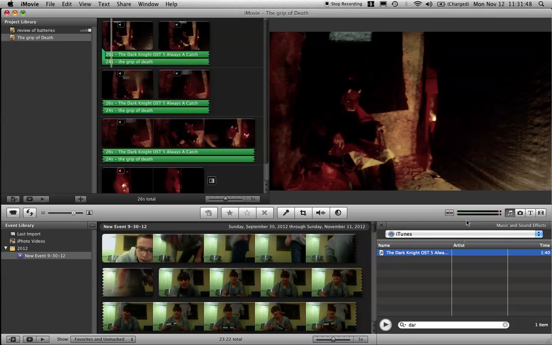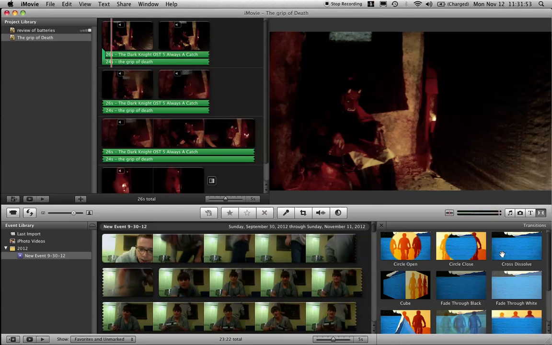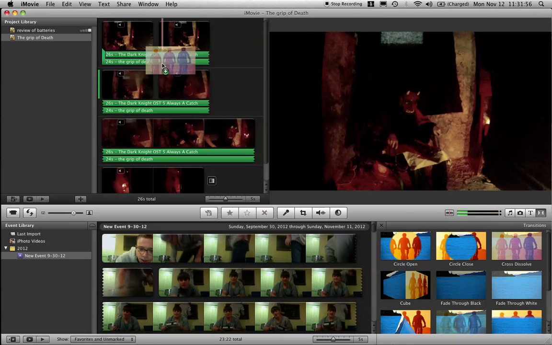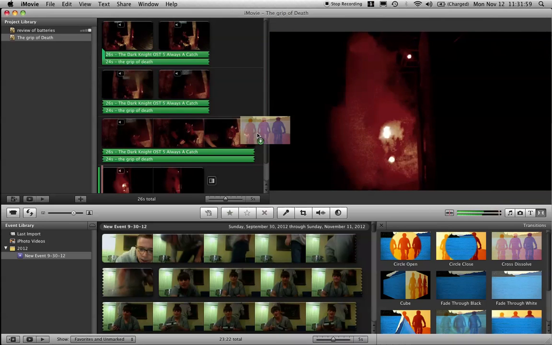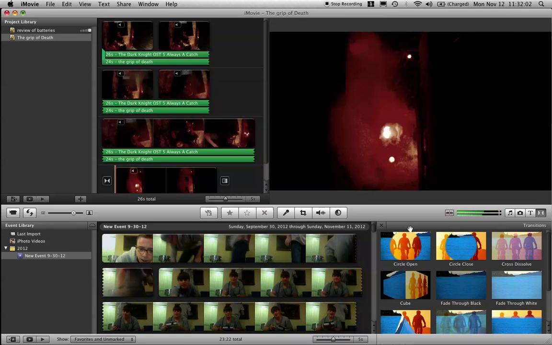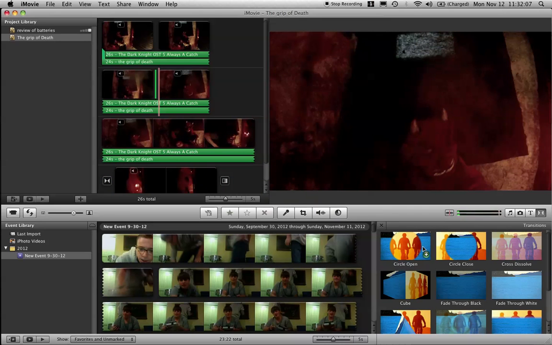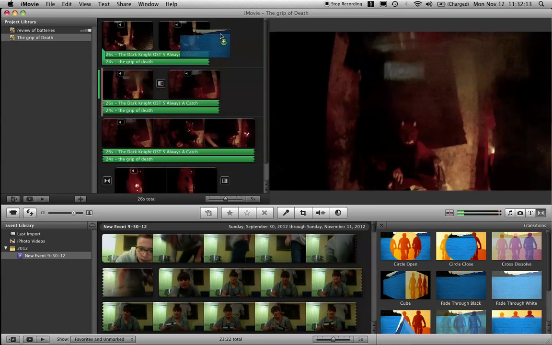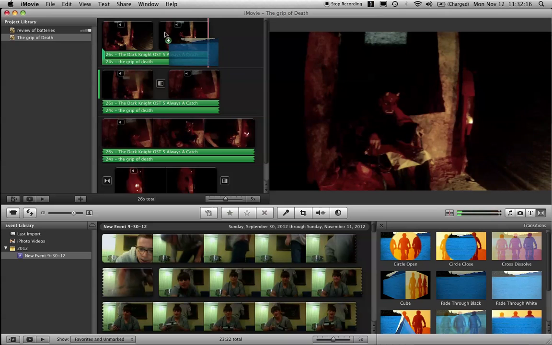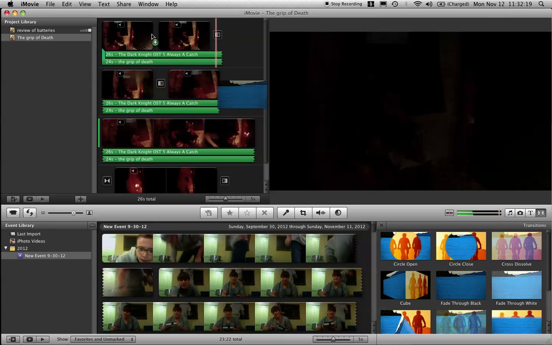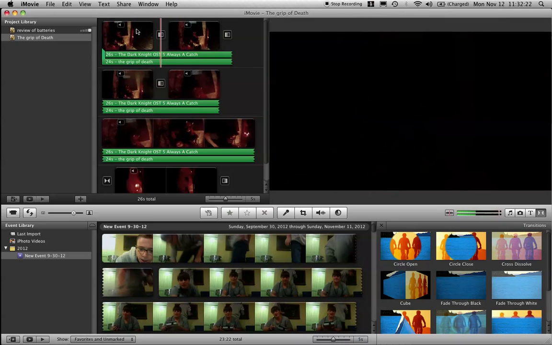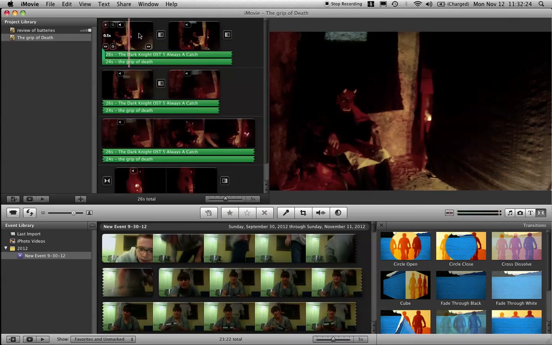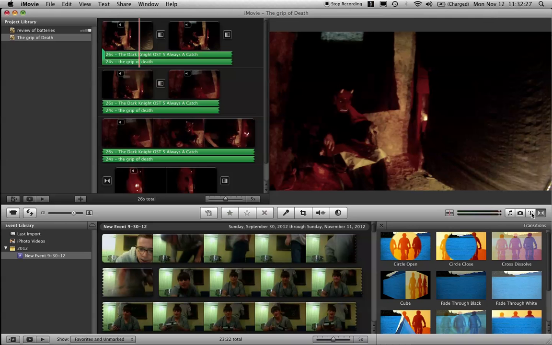And that's how you add the sound. Now it looks much better already. I'm actually going to add a few more transitions. We'll do some cross dissolve in between this right here. Yeah. Okay. And we'll do a fade through black. There. There. There. And there. Okay. Now, if you want to add a title, you can go over here to the T right here